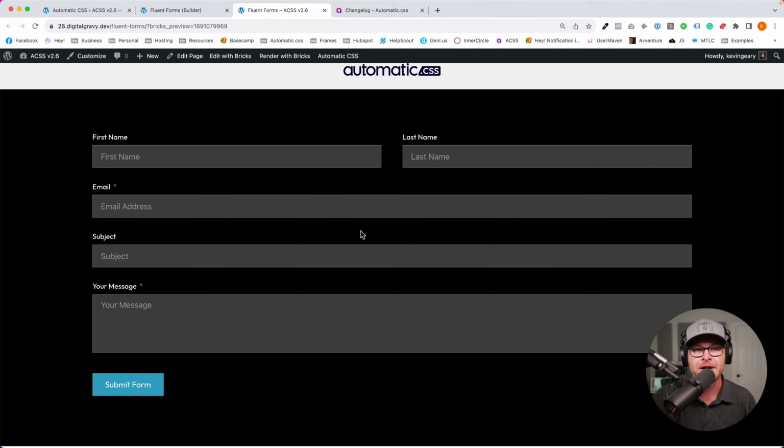This works in WS Form because WS Form was the first form system that we integrated with. So this has been in WS Form for months and months and months. It is now in Fluent Forms. And we are going to be refactoring how we do forms on the back end. Once the refactoring is done, for any form plugin that allows you to remove styles, see, in Fluent you don't have to remove the default styles, in WS you don't have to remove the default styles. But after we do the refactoring, any form plugin that allows you to deactivate default styles, Automatic CSS will automatically be able to take over.